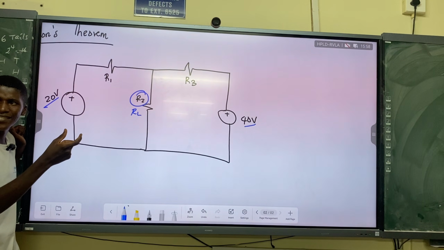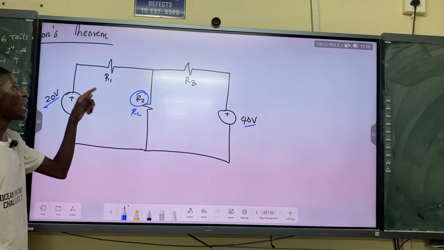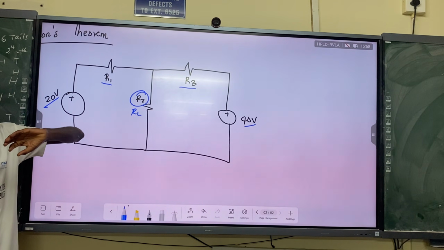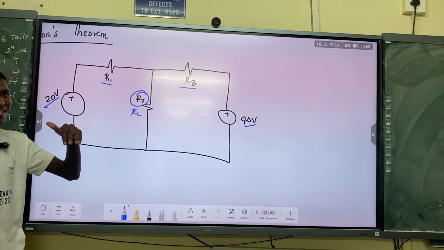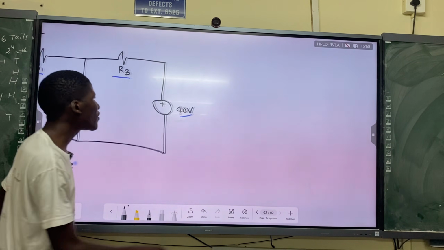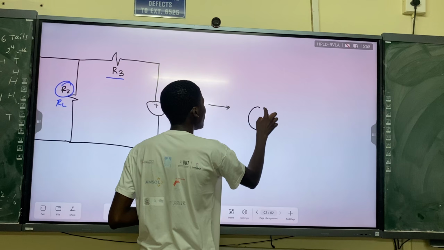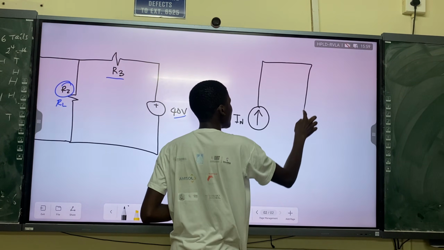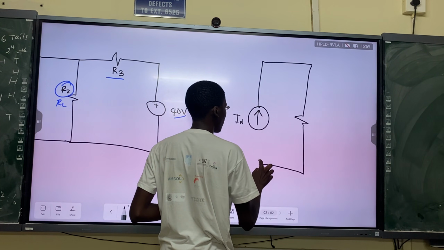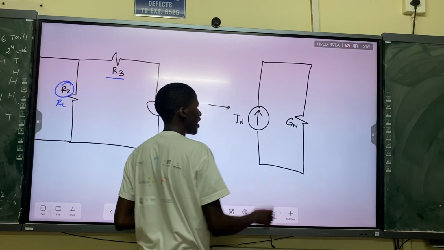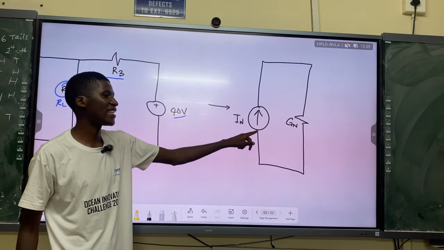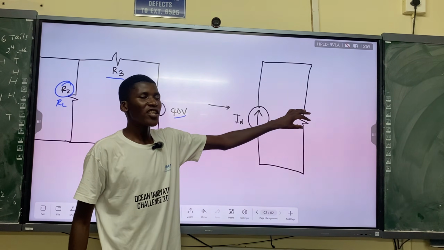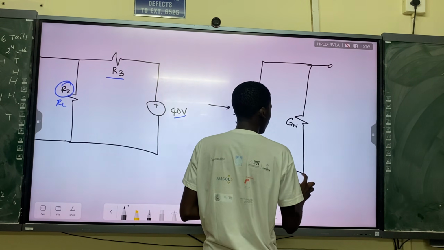The same way as in Thevenin's. And here, when we combine our resistances, we're going to combine R1 and R3. But we are going to look at conductance rather than resistance, such that our Norton's equivalent of this circuit must have an ideal current source, IN, that is in parallel with a conductance, GN. So IN is the Norton's current, the Norton's ideal current source, and this is the ideal conductance. So here we are still using the same thing.